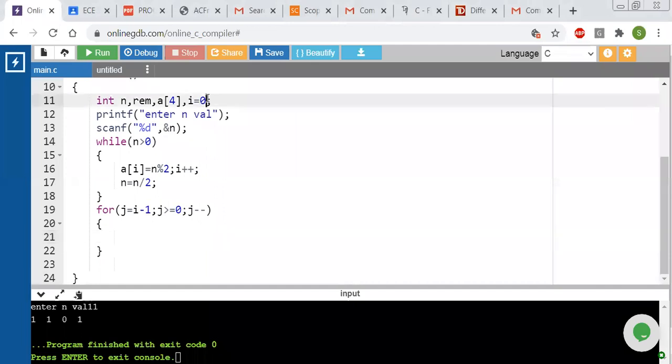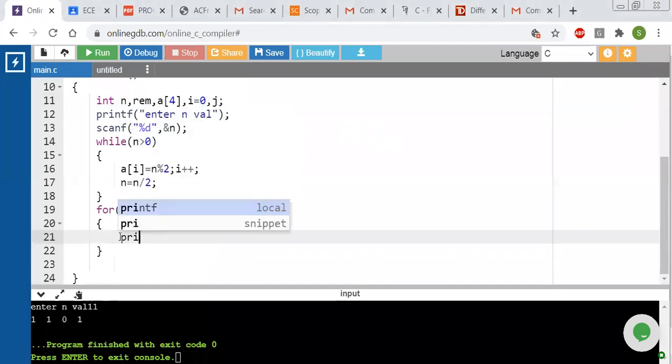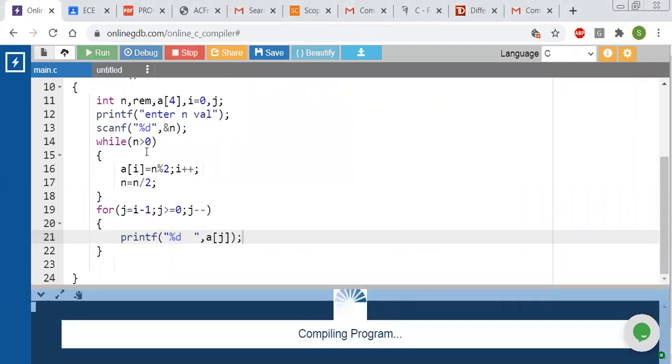First we have to declare j here. Then I will display printf percentage d comma a of j. So first we'll see what is the output of this program.